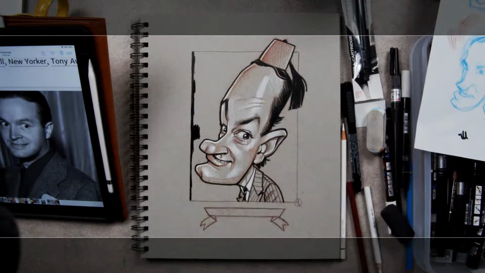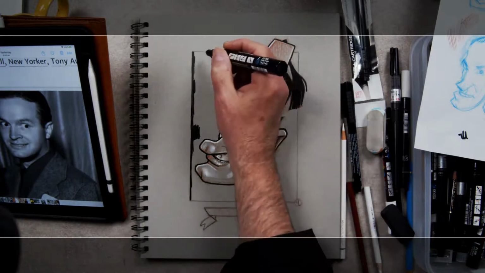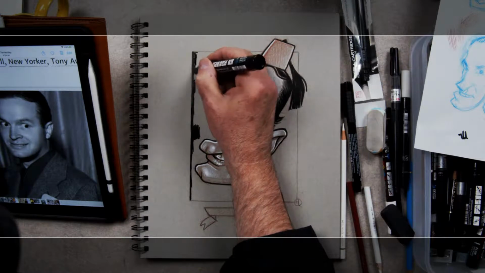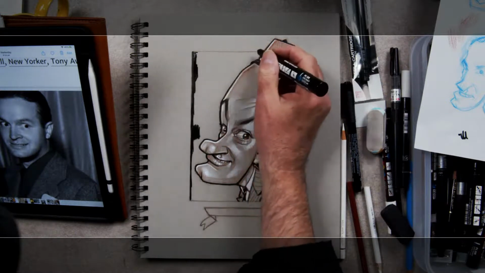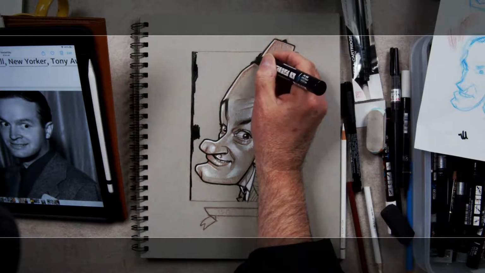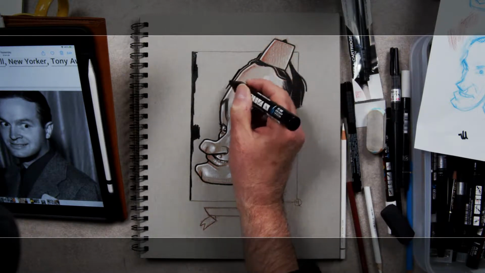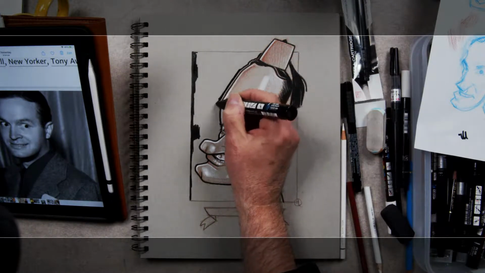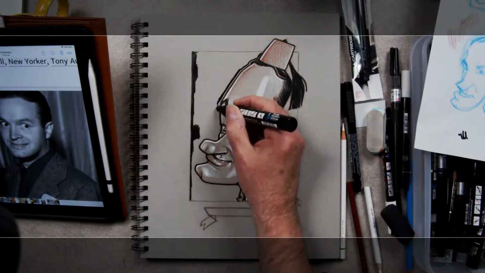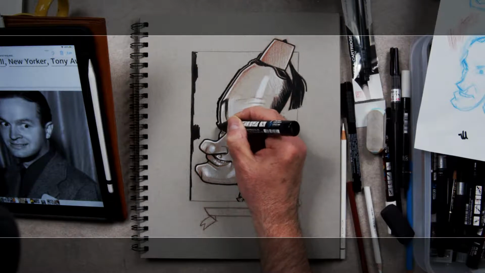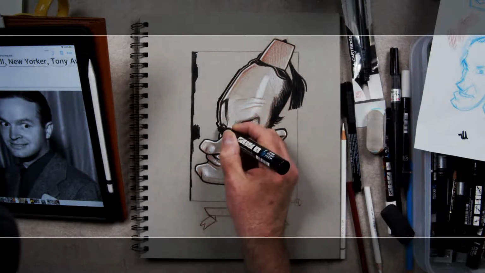For years I've been frustrated with Indian ink. I was so annoyed with Indian ink. I do a lot of this sort of window effect, this compositional tool that quite a few artists do. I've seen Drew Struzan do it a lot.